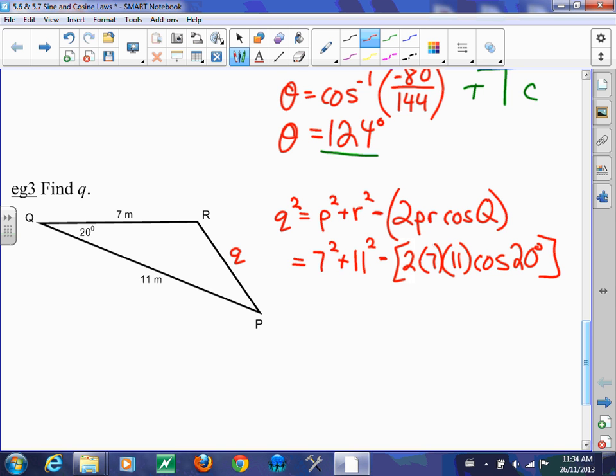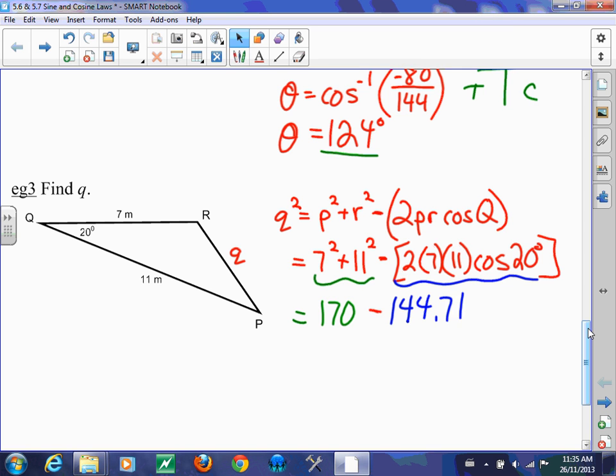Plug that in your calculator. And last year I taught you how to simplify the first part first, so do that. So plug that in your calculator, and you're going to get 170. And then subtract and do all this bracket information together. And let's round to 2 decimal places because we still aren't finished yet. So it's going to be